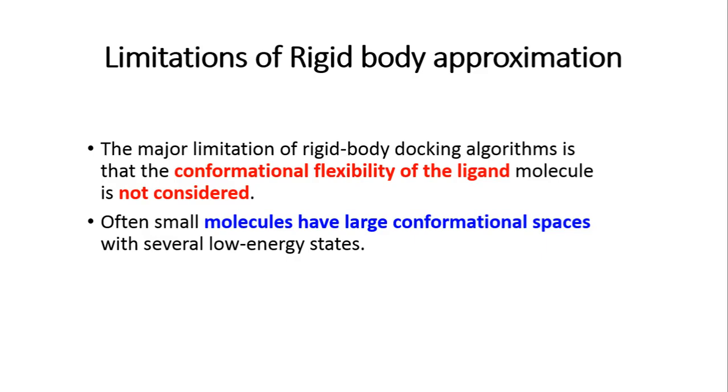So the internal bonds of the ligand, the bonds that connect the atoms of your ligand, well, these bonds are supposed to be flexible, and if you rotate those bonds the functional groups might rotate and they might take different conformational states with respect to each other, and that is somehow not considered in this rigid body approximation. Okay,